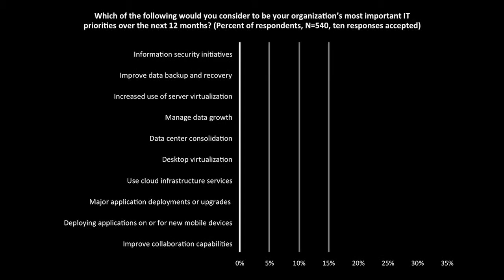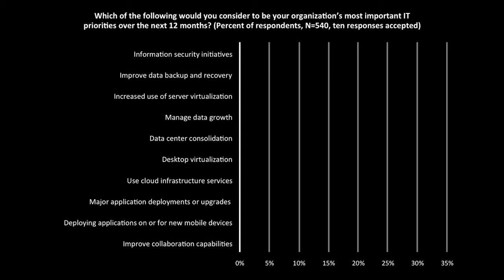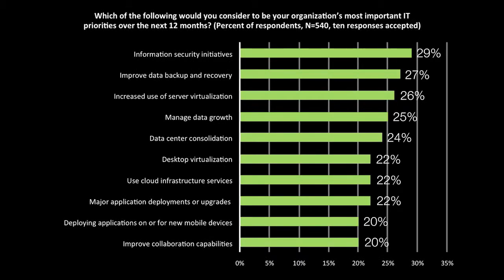Over the next few minutes, I'll be reviewing the results from a recently completed ESG Lab validation of VMware Horizon View with Tintri VMstore. Desktop management has become a daunting task for even the most skilled IT organizations. ESG research shows that organizations are using virtual desktop infrastructure technology to reduce the cost, complexity, and risk associated with